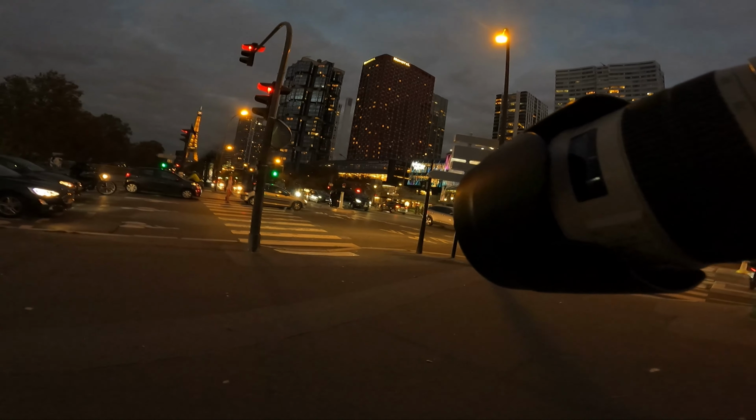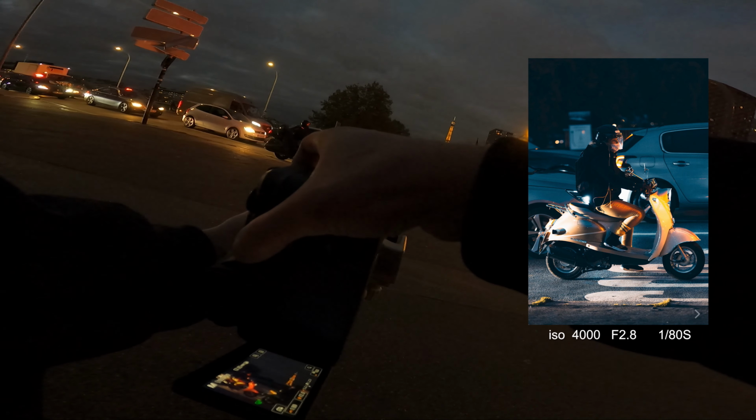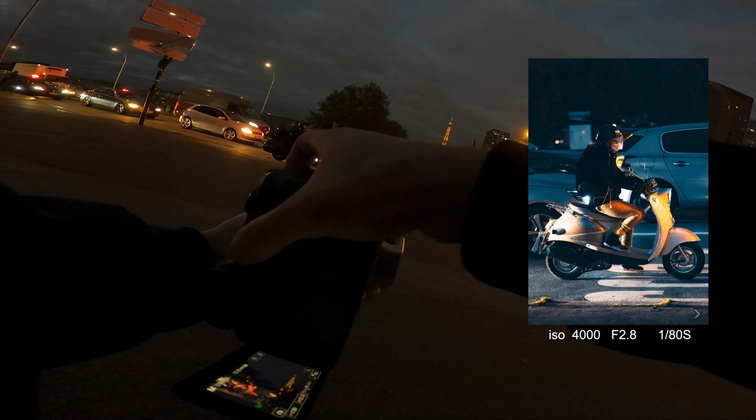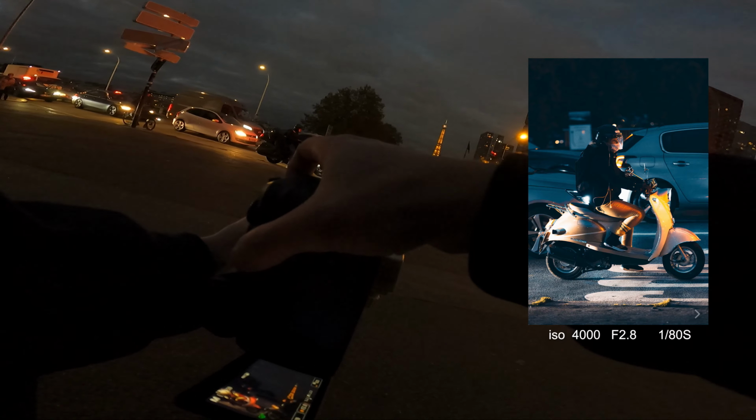Now it's very interesting. I removed the 135 and put on the 70-200 EF 2.8. I borrowed it from my friend, and thanks if you're watching. It was a test because I never had a 70-200, so I wanted to test it as an EF for street photography, but it's a hell of a lot heavier. It's so heavy, but you can get really good